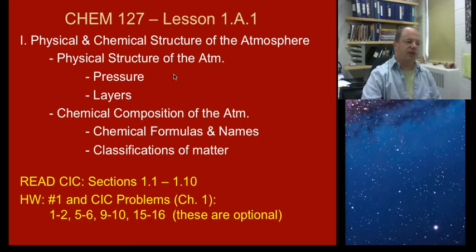Physical structure just means, where is the air? How does it vary? What is the temperature like? What do we call the various layers of the atmosphere? The atmosphere is layered. The second part of that is the chemical composition, which means what chemical substances consist of